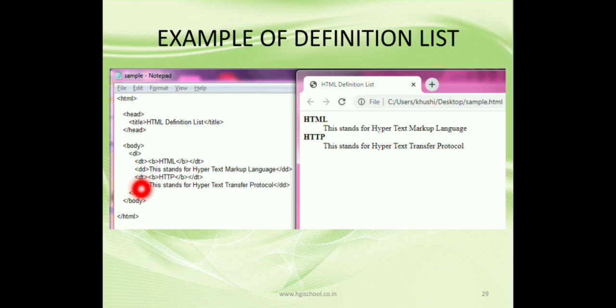Then in the second DT you write the second term, and in the next DD its definition. The output will be like this: the term and definition. There will be indentation before the definition. Then again the second term, indentation, and the second definition is displayed.